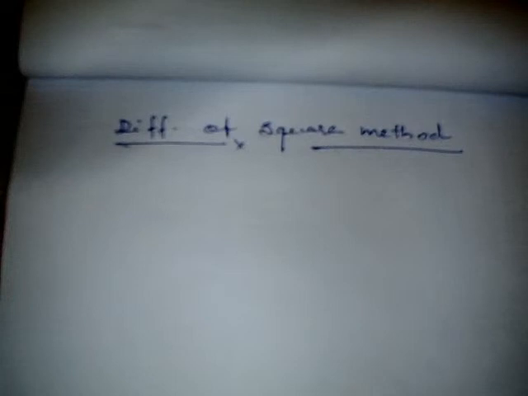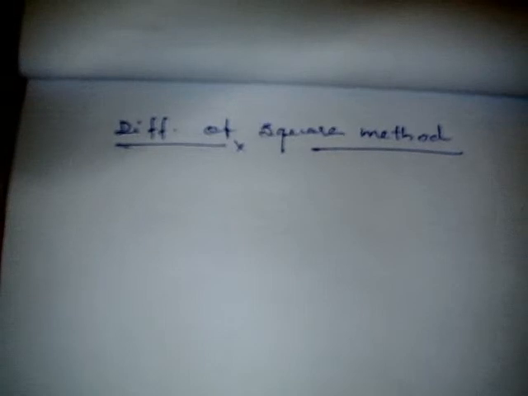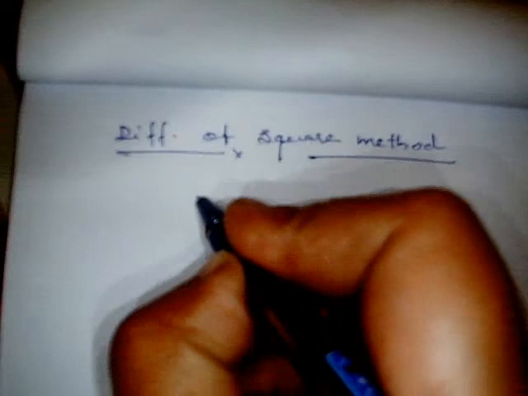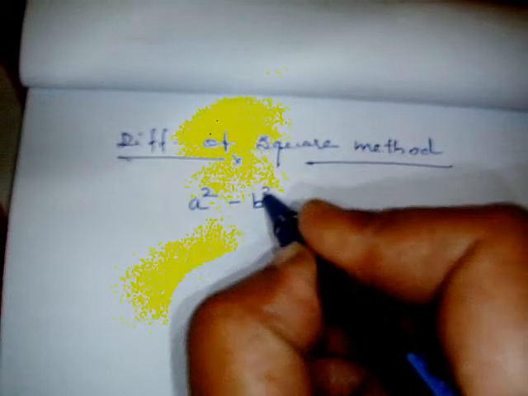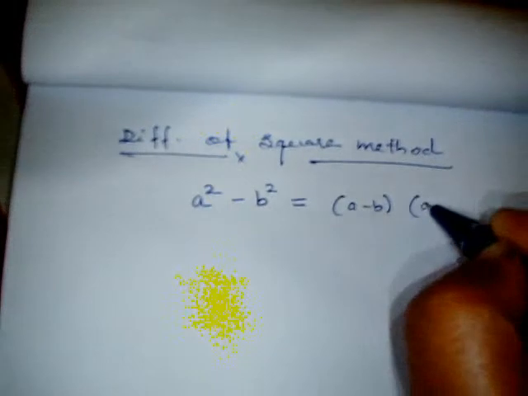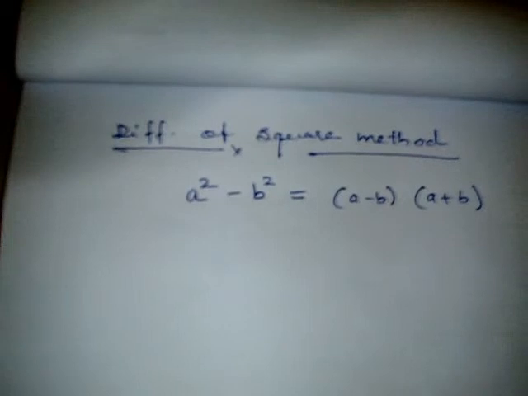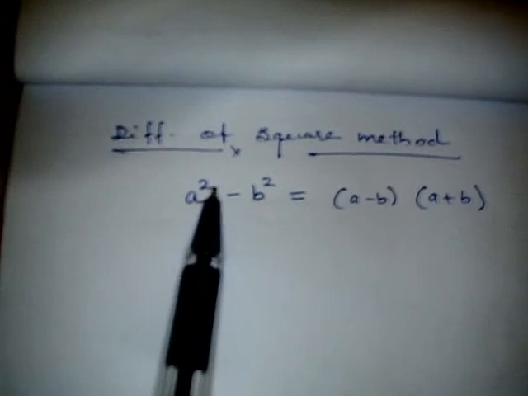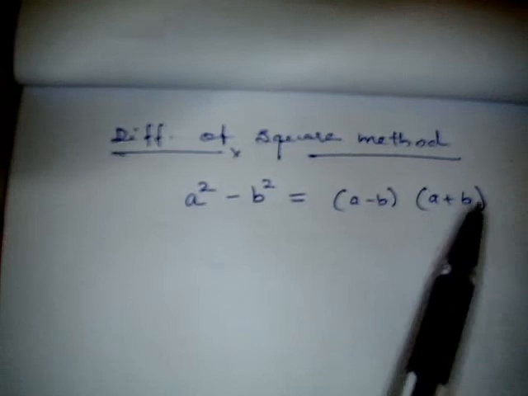Okay, in this video I'm going to talk about how to do factorization with the help of the difference of squares method. Whenever you are factorizing by this method, this identity is applicable: a square minus b square equals a minus b in one bracket and a plus b in another parenthesis. We need to apply this identity, and we see how the terms can be converted into square form, because unless we bring them into this form, we can't apply this identity. So first we need to convert into this form.